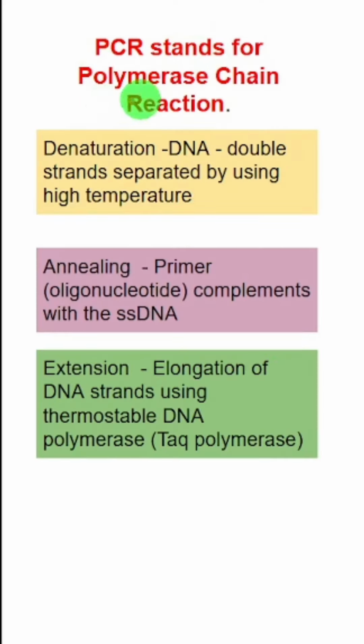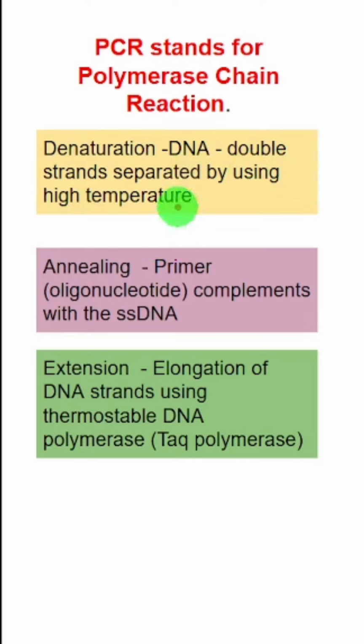PCR stands for Polymerase Chain Reaction. It has 3 important steps. Number 1, denaturation step. The DNA is a double-stranded molecule. The 2 strands are held together by hydrogen bonds. So high temperature, around 95 degrees centigrade, is going to break the hydrogen bonds and the 2 strands will